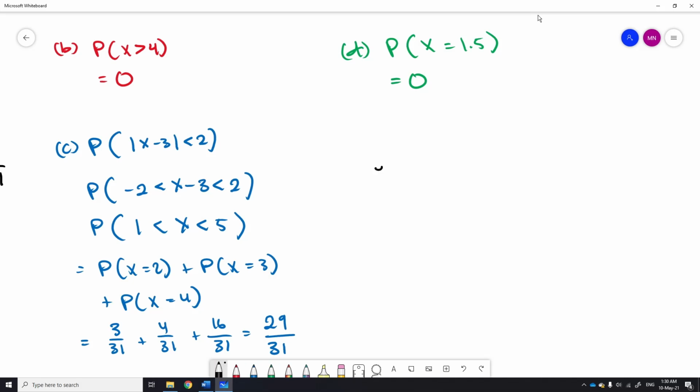And then for question E, the probability where x is less than or equal to 3. Please try this out by yourself. It covers probability x equal to 0 plus probability